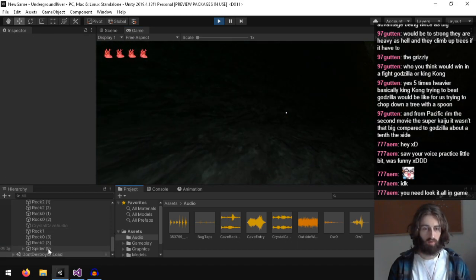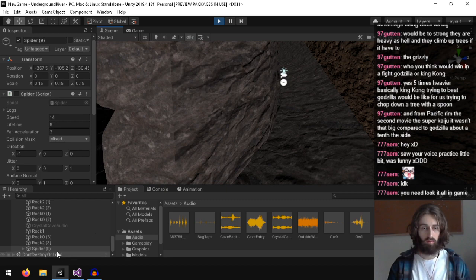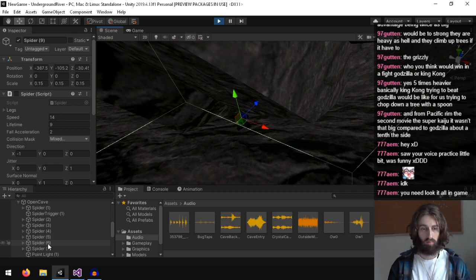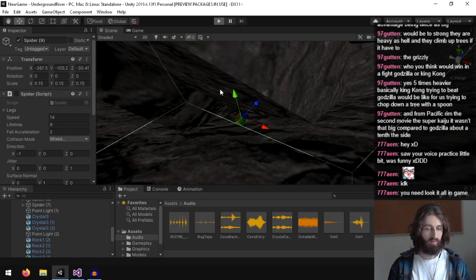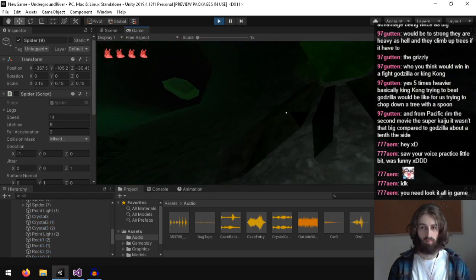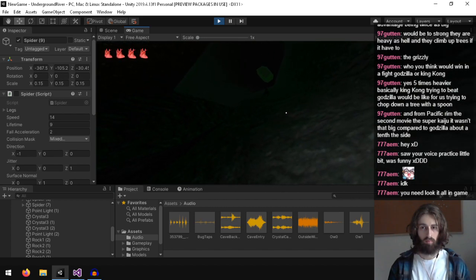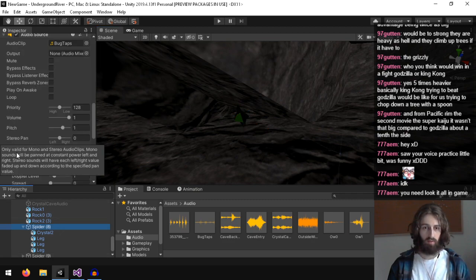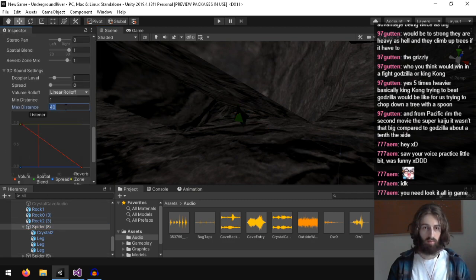Did it just go into the ground again? What just happened? I'm not sure it's actually fading out.